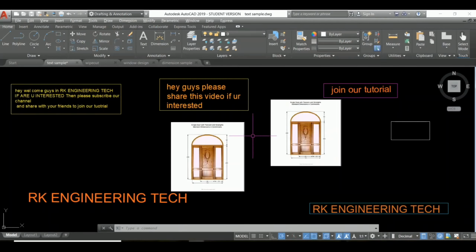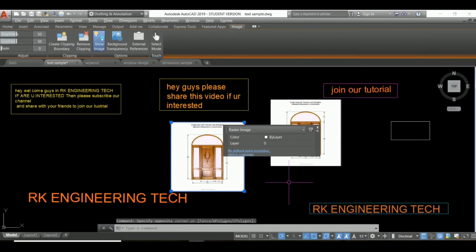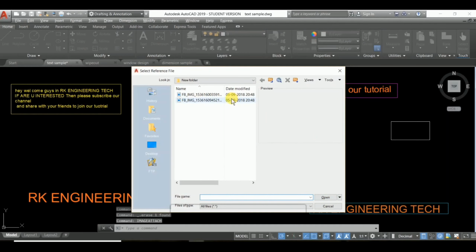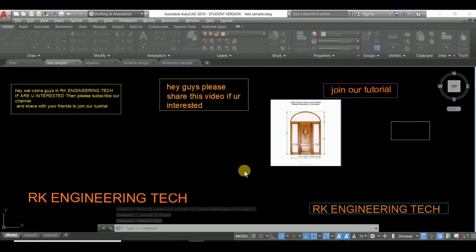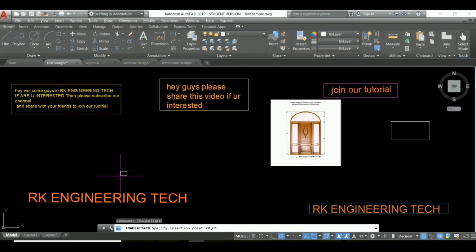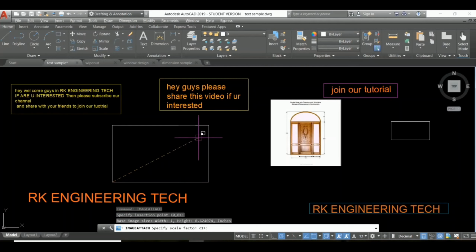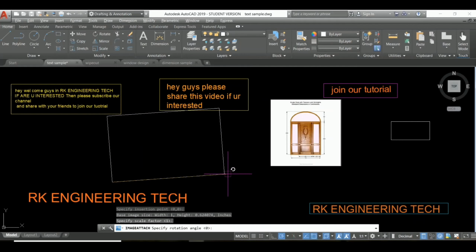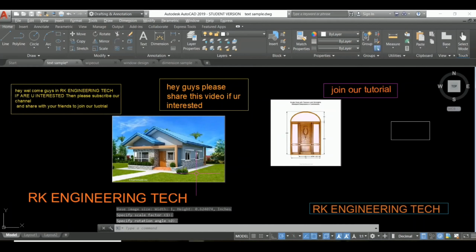And next, I'm going to delete this and delete this, and after that you can attach again with IMAGE and press enter. After that I'm selecting the second image and press enter, and after that all settings are done. Then OK, and I'm going to press over here and select here and this. Okay, and this is our image, how it's looking, and in such a manner we can attach lots of images.